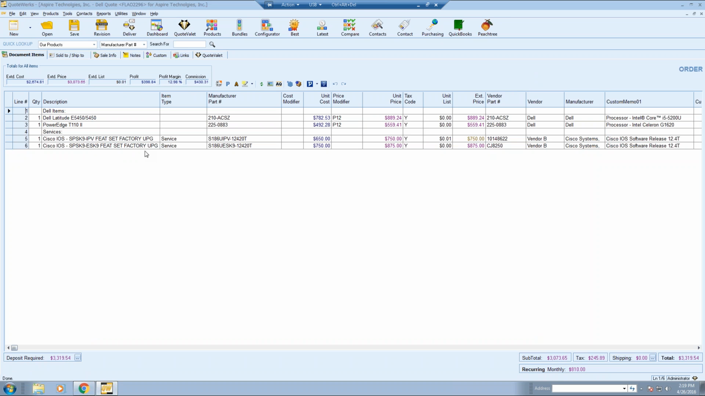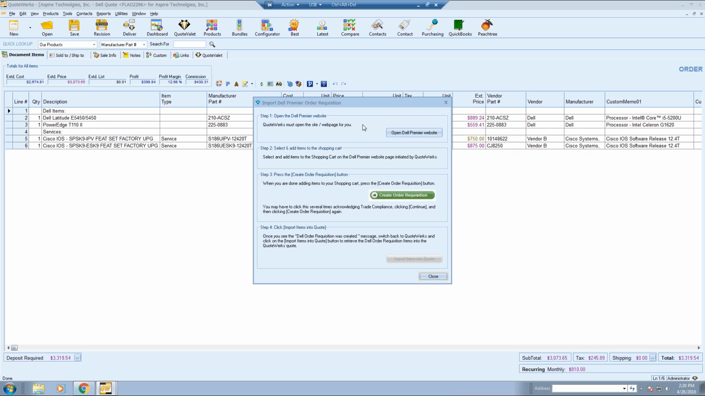So one of the big things we see is people asking about the e-quotes. So if you have Dell e-quotes, are you able to pull them into QuoteWerks using this integration? We are, but you actually have to use it through the Dell integration. So if you already have the e-quote saved in your Premier portal, then you click on your Dell button here, click on Open Dell Premier website,